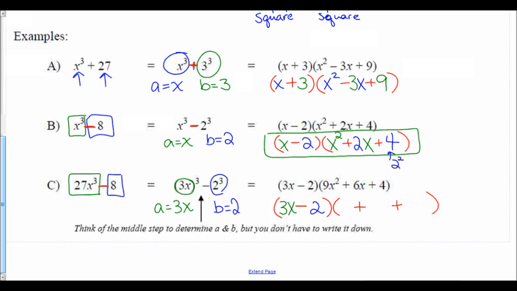When I come over here into the second factor, my quadratic factor, this first thing here is a 3x squared. I'm squaring both the 3 and the x, which is how I got 9x squared that's written down on your paper. The last term is 2 squared, which is where the 4 came from. And the middle term is the product of those two. So I have the product of 3x